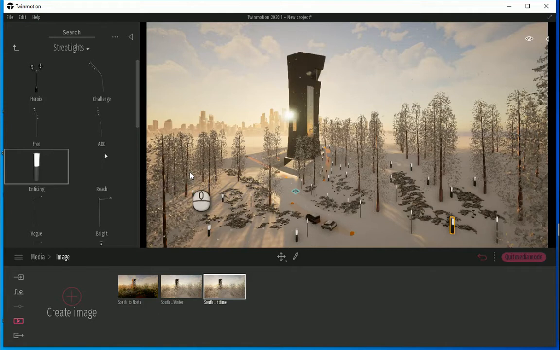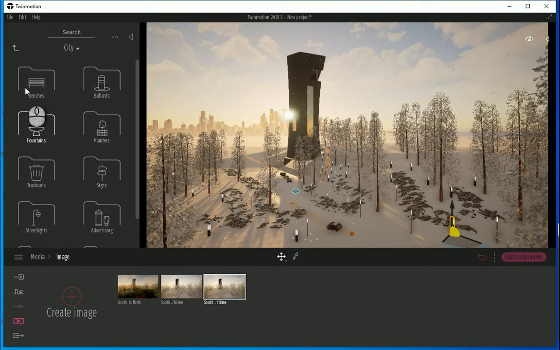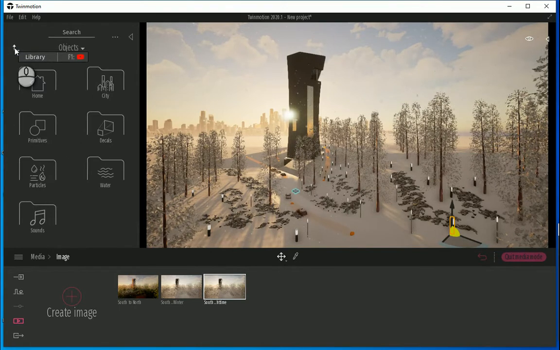Okay. Now what I want to do is first render this one and see if those fixtures are going to shine by themselves. If not, I'm going to add some lights.